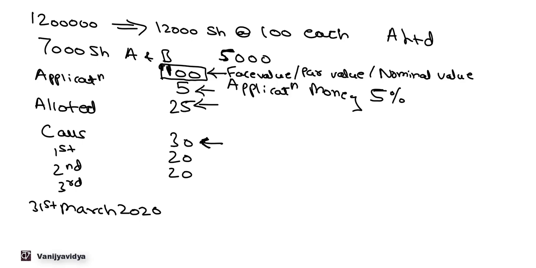Okay, so the company had asked for this first call. So if the company asks for the first call, then every person who has been allotted the share has to pay 30 rupees per share when the company asks for the call money. Say the first call is asked by the company. So now if we see, for each share 5 plus 25 plus 30, that comes to 60 rupees per share. So 60 per share